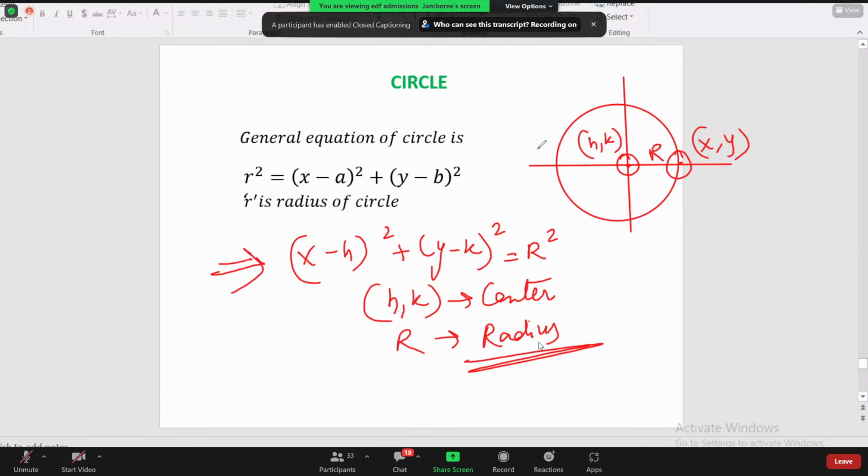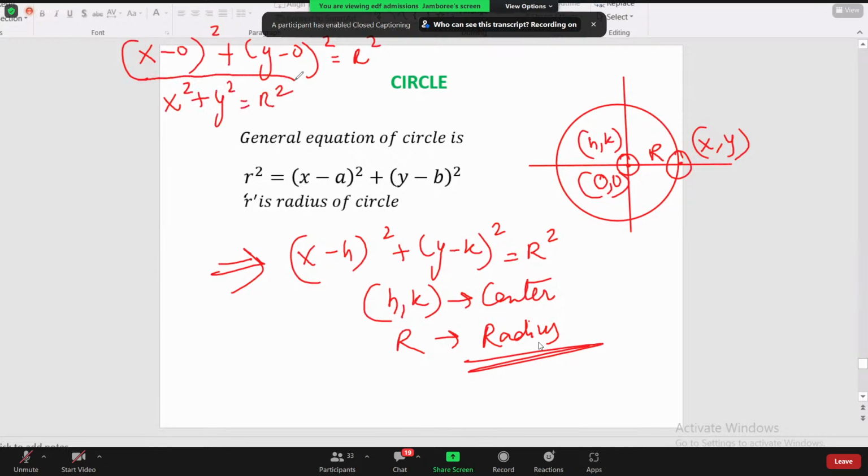Secondly, and most importantly, what you need to remember is when the center of the circle is at the origin, that is 0, 0. In that case, this equation of the circle will become x minus 0 whole square plus y minus 0 whole square is equals to r square, which eventually turns out to be x square plus y square is equals to r square. Now simply remember, if the equation of the circle is given to us as x square plus y square is equals to r square, then in that case,